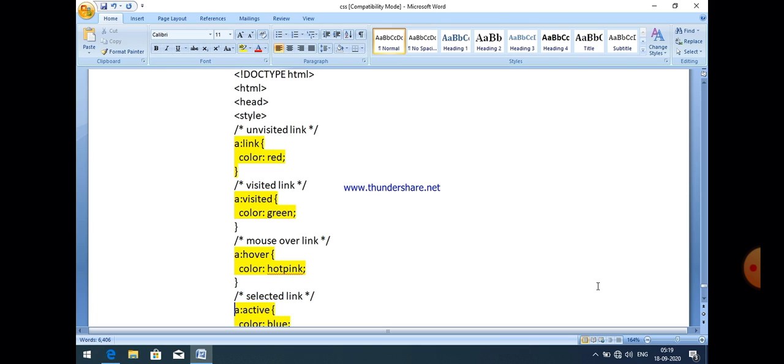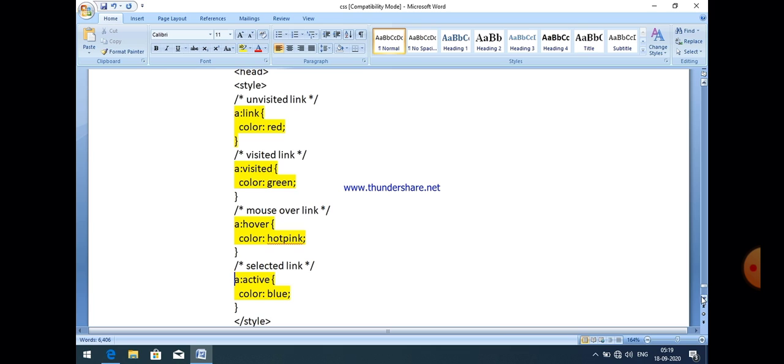So different values are assigned here. You can see that. And this is defined within the style tag. So this is an example of internal CSS. Just apply the concept using internal CSS.